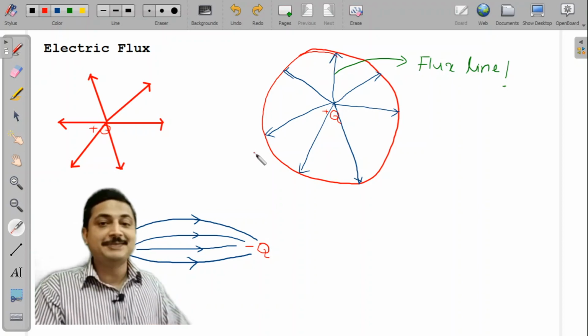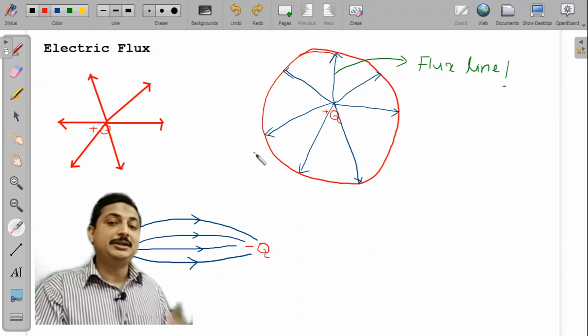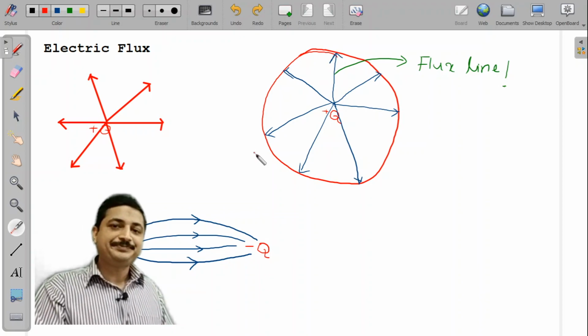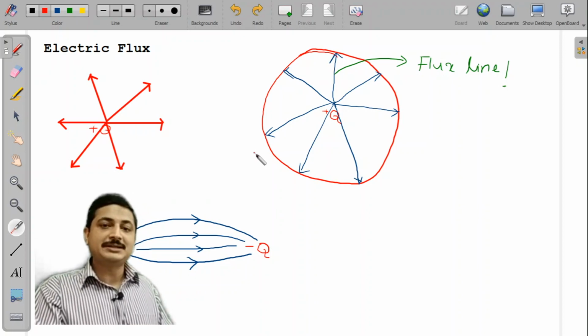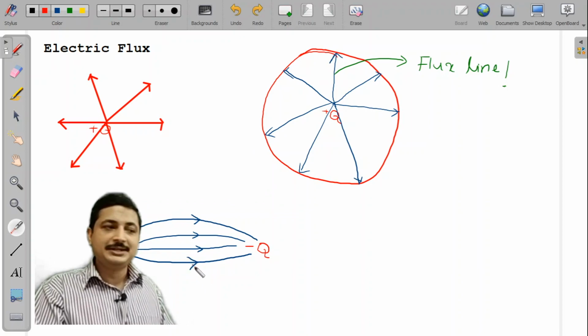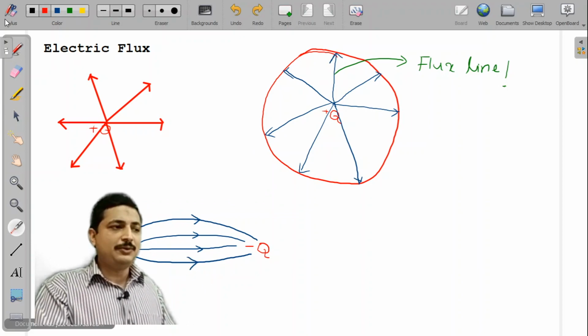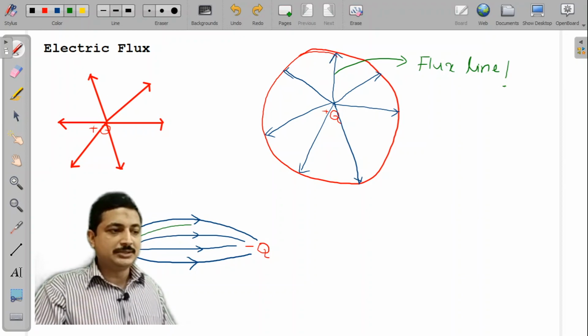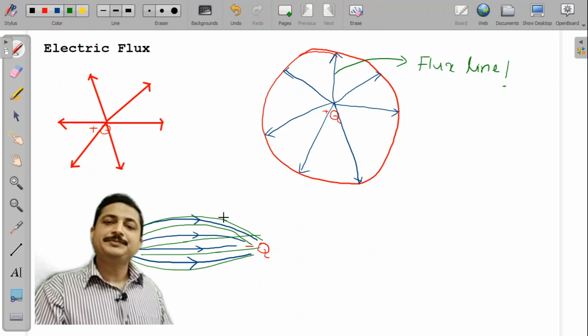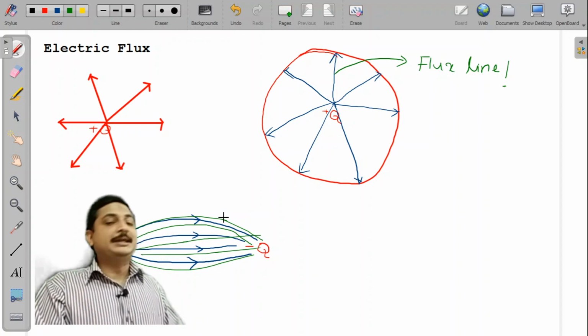This is the next thing which you should remember. What do you mean by quantity of flux lines? How many flux lines are there? In this example, I have drawn 4 flux lines. If I go on drawing, there are so many flux lines from this plus q to minus q, so many of them. Just imagine there are so many. What does this mean now? Does it convey any meaning to you?